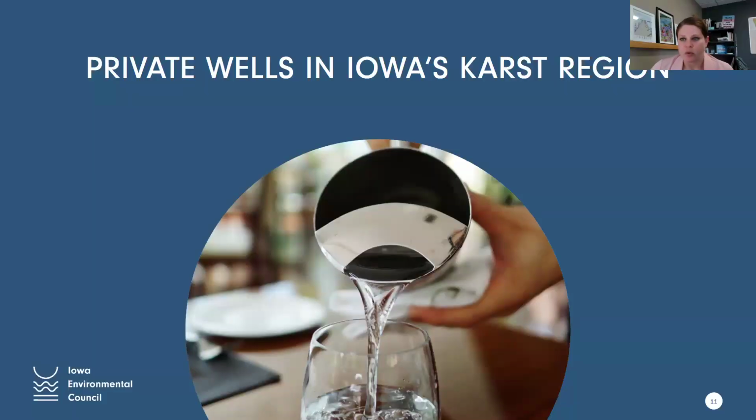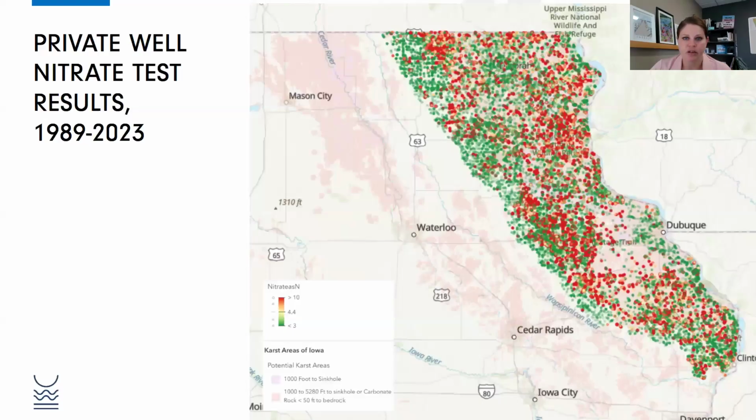So looking at the private wells in Iowa's karst region, what do we find associated with these kinds of pollution and the threats to drinking water? This map is information from the private well tracking system that Iowa has. These tests are done through the Grants to Counties program, which provides funding for private well testing. So even though the private wells are unregulated, the state does have funding available to help well owners test their wells and make sure that they're in good shape.